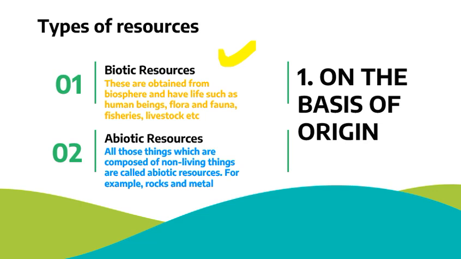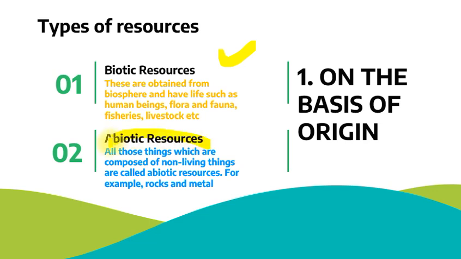वेजिटेबल्स जो भी हमें ऑब्टेन होती हैं, प्लांट्स, एनिमल्स, लाइव स्टॉक, फिश, राइट? So these are biotic resources, जिनमें जान है वो बायोटिक रिसोर्स है। Another thing is abiotic resource. एबायोटिक रिसोर्स क्या है? वो रिसोर्सेज जिनमें जान नहीं है बट वो हमारे किसी न किसी तरह से काम आते हैं, जैसे मेटल। मेटल में अब जान नहीं है, मेटल ग्रो नहीं करता। सिमिलरली रॉक्स में भी जान नहीं है, रॉक्स ग्रो नहीं करते।